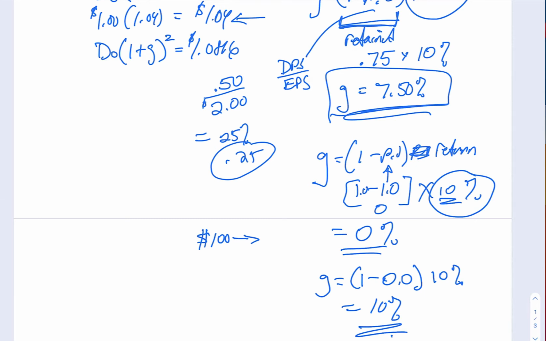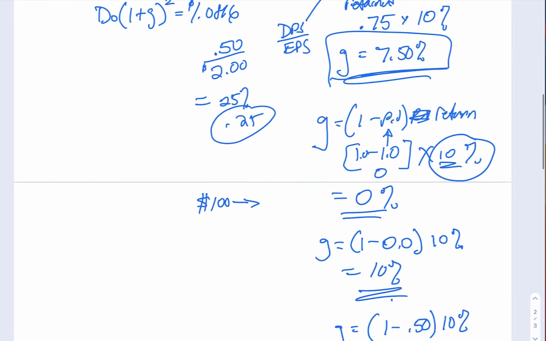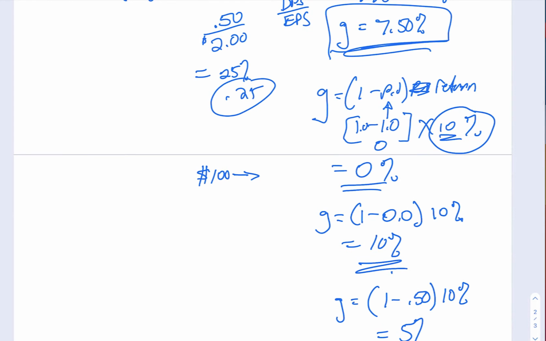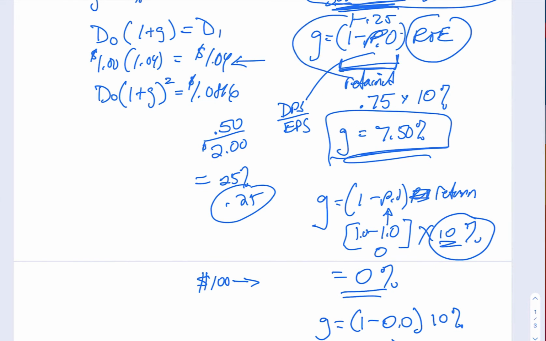So what exactly do they do with that retained money? Well, as I said, they retain it and they reinvest it in the business. And the assumption is that that reinvested money earns the same rate of return as the rest of the company, the existing company, which is 10% here. And so companies can vary their growth rates considerably based on this math. So this is an interesting concept. This sustainable growth is an interesting formula